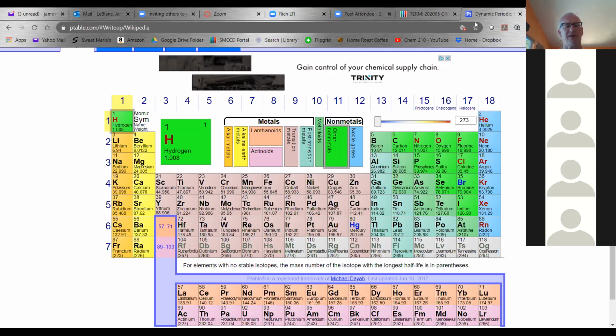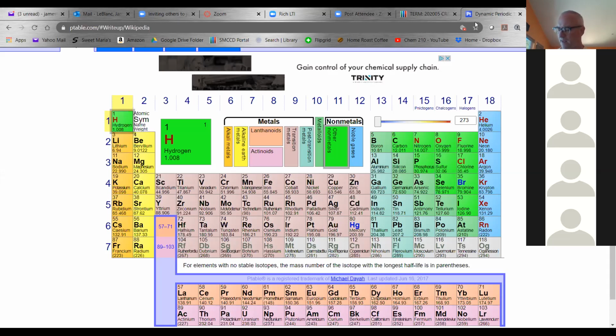The mass of an electron is so small, less than 1,000th that of a proton or a neutron, that the mass of an atom is pretty much completely determined by the mass of the protons and the neutrons. They're both basically one, a little more than one but close to one. So if the mass is 37, that tells us it's got 37 protons and neutrons. All right, I think that's all the information we need for the first one.